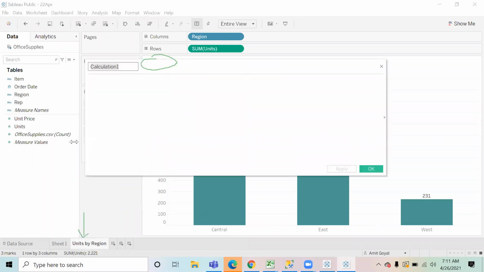If you click on calculated field, let us call it sales. What will be the formula? Sales is units multiplied by unit price.